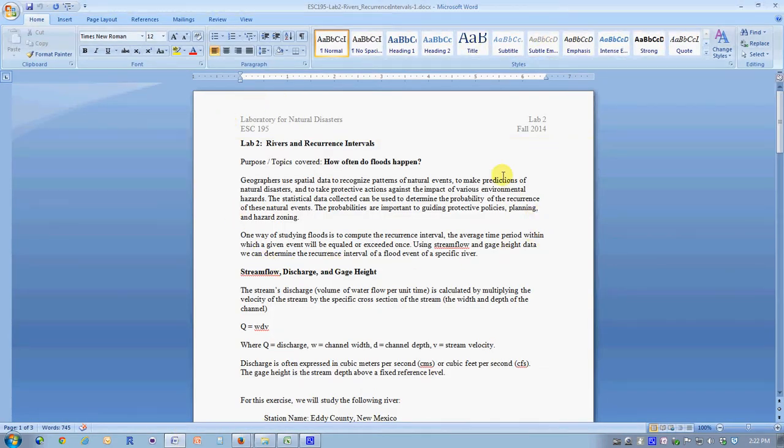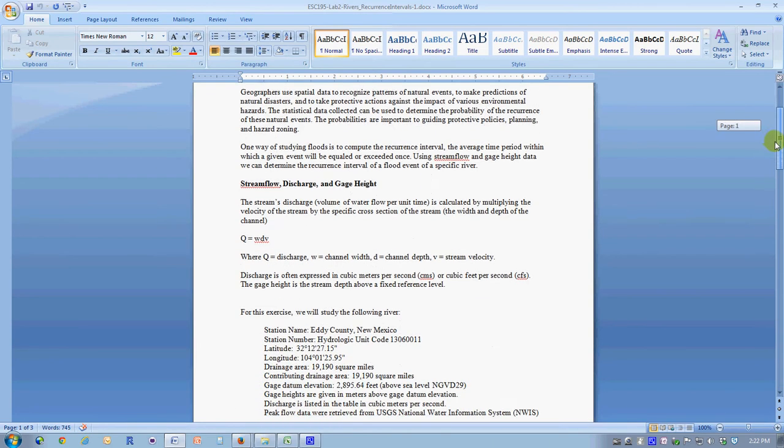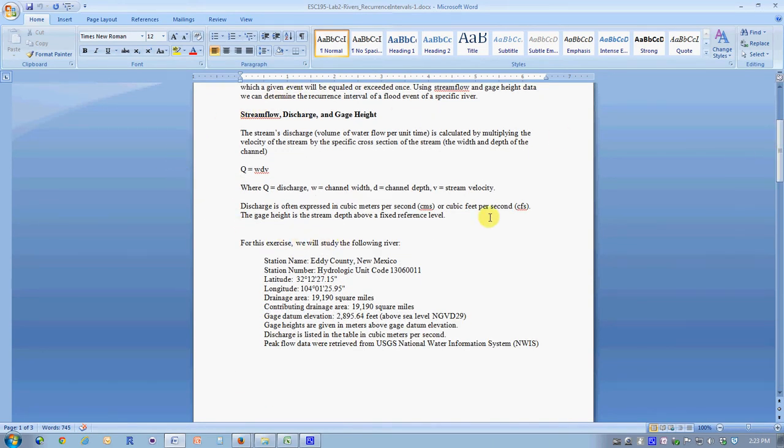The first section of the instruction sheet is just an overview and a generalization about why floods happen and why it is important to study them numerically. The second group of information reviews what stream flow, discharge, and gauge height are. Flow rate is equal to the area, which is width times depth, times the velocity. And also a reminder that the gauge height is another way to measure a flood, by measuring the elevation of